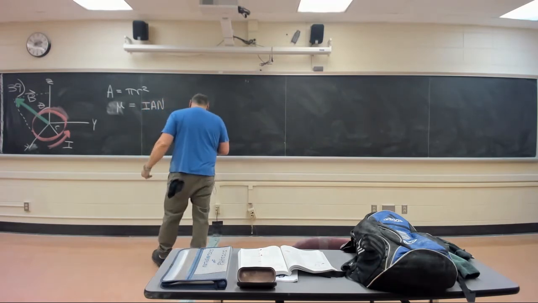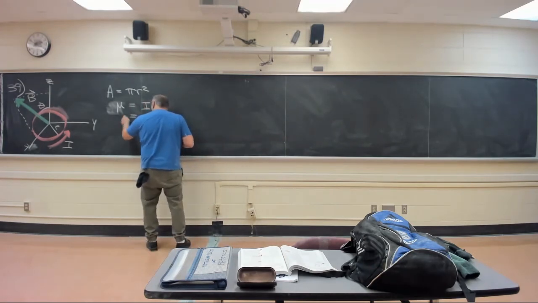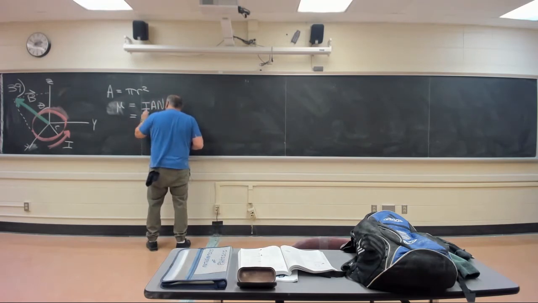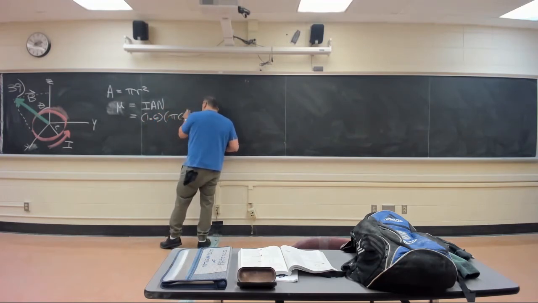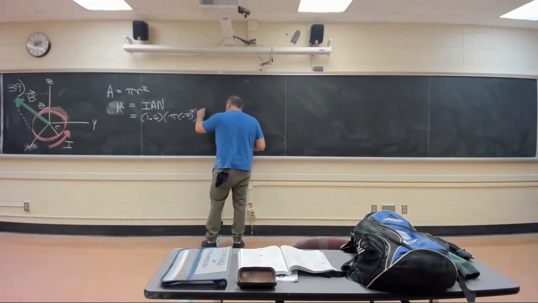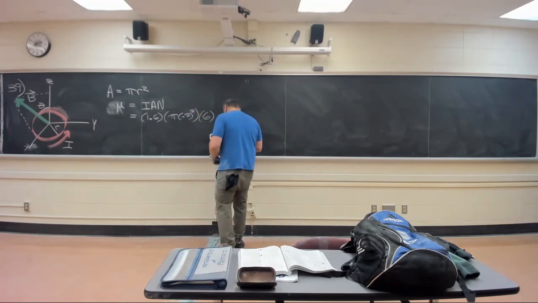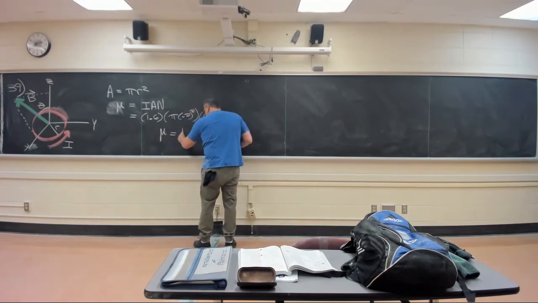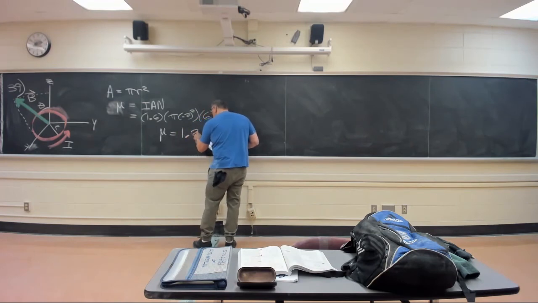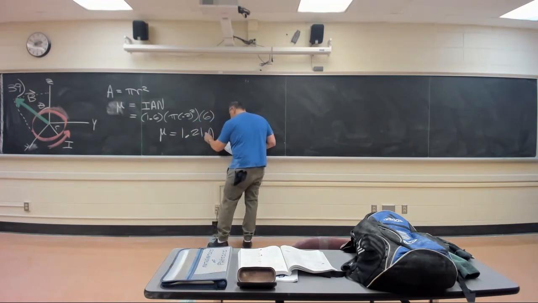Okay, we've been there, we've seen that. This is the magnitude of the magnetic moment. Makes sense to me. If I is big and A is big and N is big, mu is going to be big. Sounds good. You plug in. 1.6 is the I, pi r squared. They gave it to us in meters. We've got to be faithful to the units. Number of turns, 6. Mu equals 1.21 amps